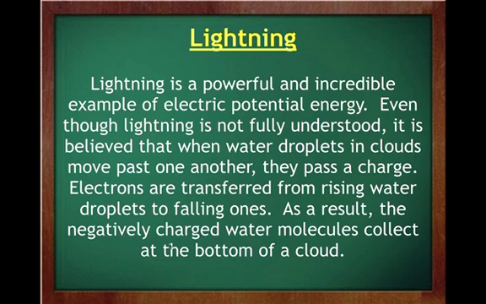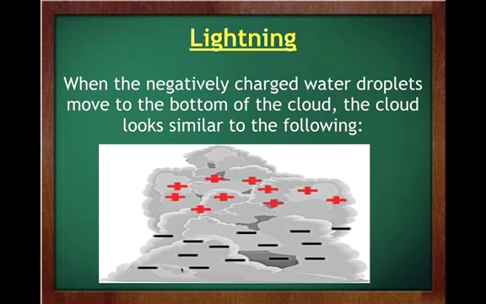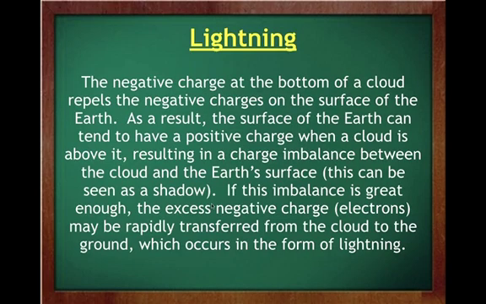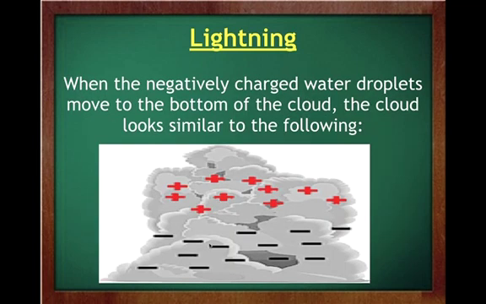And as a result, the negatively charged water molecules collect at the bottom of a cloud, right? Giving you a cloud that, in very, very basic terms, looks something like this. So as certain water particles go up, they're passing other ones, passing on their electrons so that they sit down at the bottom of the cloud. Now, when that happens, you have a very negatively charged bottom